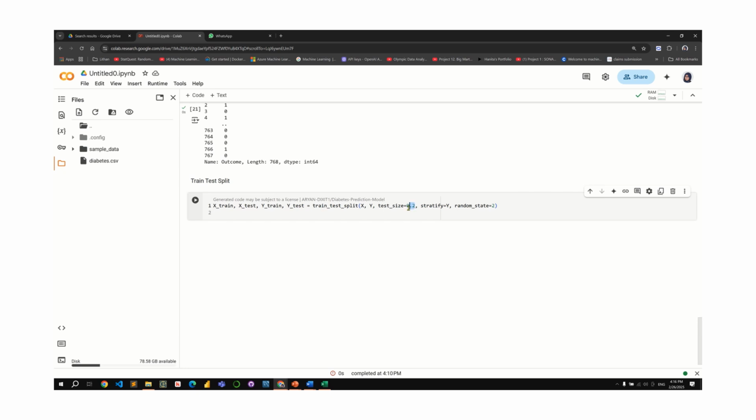But 20% means that the train will be 80%. The training must always be larger than the testing. Just like what I told you about when we study, right? We train ourselves, study more than what we were being tested, right? And then